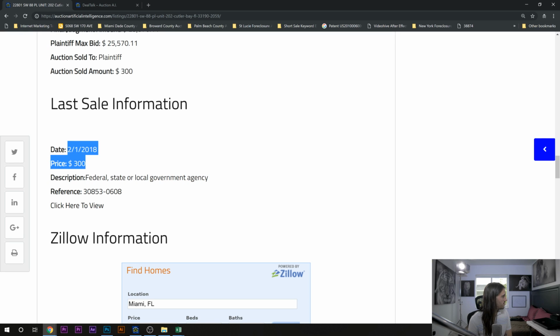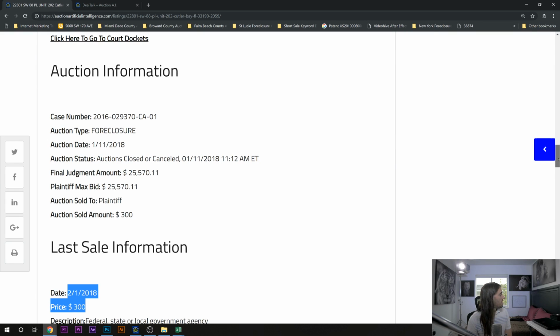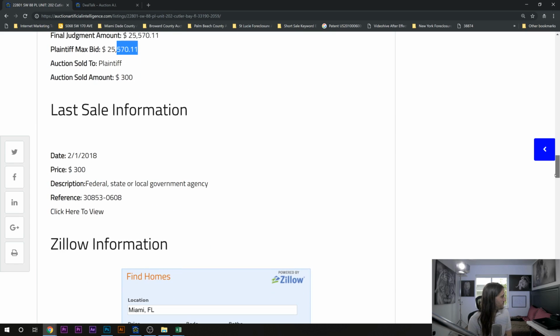So let's say you would have gotten this property for $25,600, right? Because that's what you would have to. The bidding goes in increments of $100, so you couldn't bid $25,571, but you could bid $25,600. So let's say you bid that, which for all intents and purposes would have been the winning bid, and then